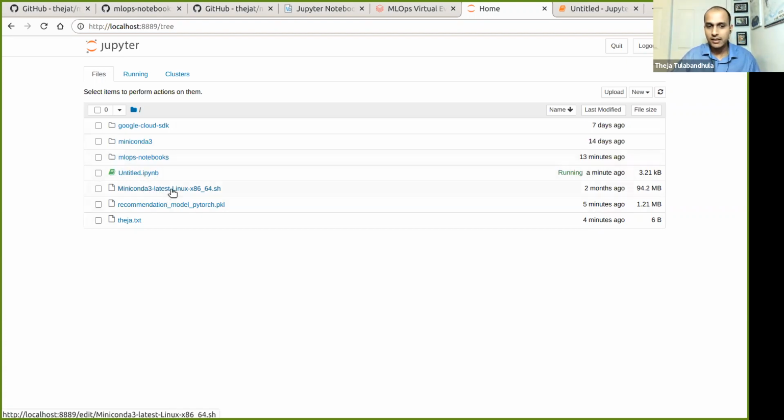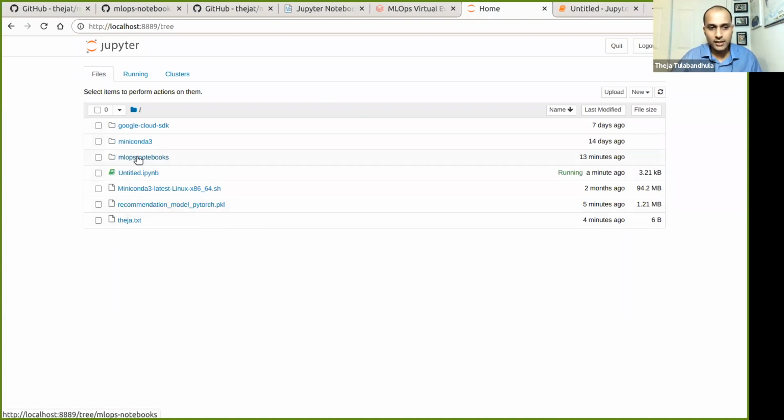But anyway, this was the initial file that, once we got access to the AWS machine, we downloaded, the Miniconda file, and we ran it to get our Python conda environment. And next we did a git clone to get this MLOps folder. Miniconda is installed in the local directory, which is actually pretty good, because if you mess up something in Python, you can just delete this folder and everything is always inside the folder, so your system is clean. This Google Cloud SDK we'll see today, but that's something I was doing towards the end. Untitled is just something I opened, and these two files we just created.